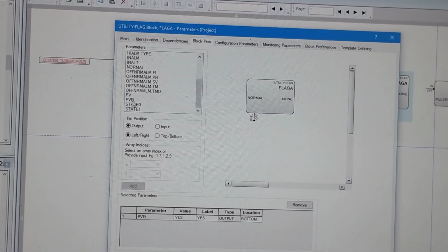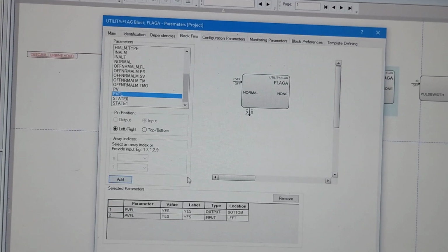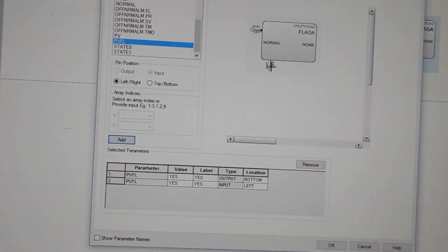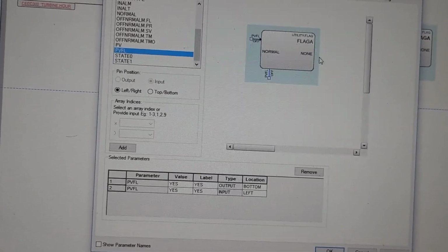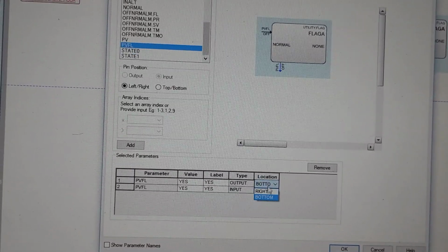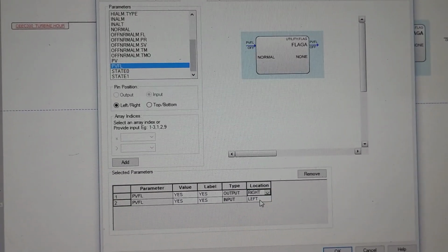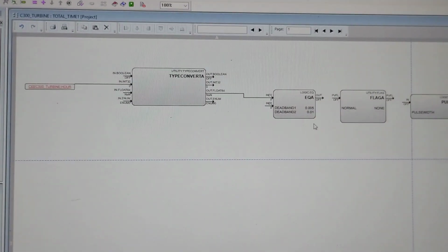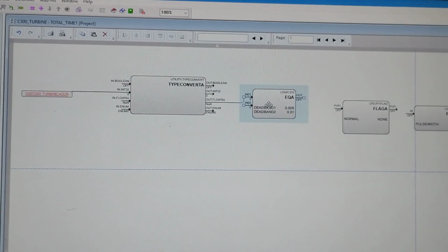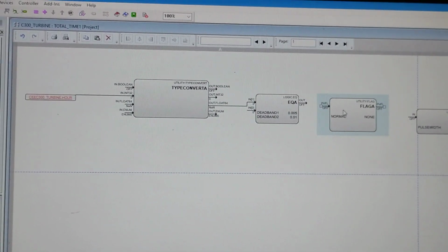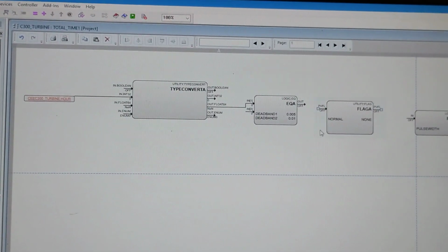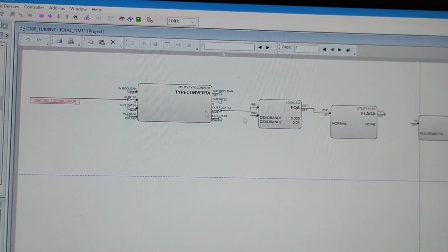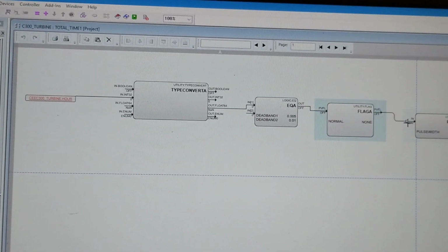It is the PVFL, and add here. Now we have to change this pin to the right side. Here output we will change it to right, and you can see here it is again the right side. Now we will connect it to each other from wired, and I have wired it.